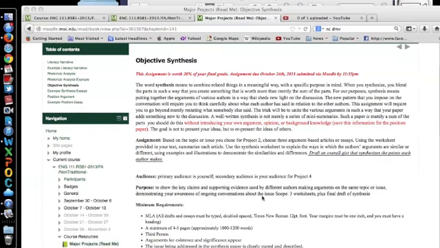This assignment will require you to go beyond merely restating what somebody else said. The trick will be to unite the various arguments in such a way that your paper adds something new to the discussion. Please note that this is not a position paper. You are not introducing your own argument, opinion, or background knowledge. Save this information for the position paper. The goal is not to present your ideas, but to represent the ideas of others and synthesize, i.e., blend the